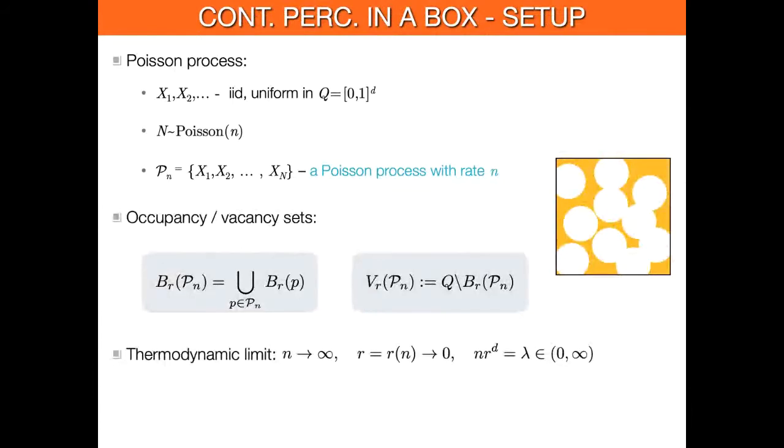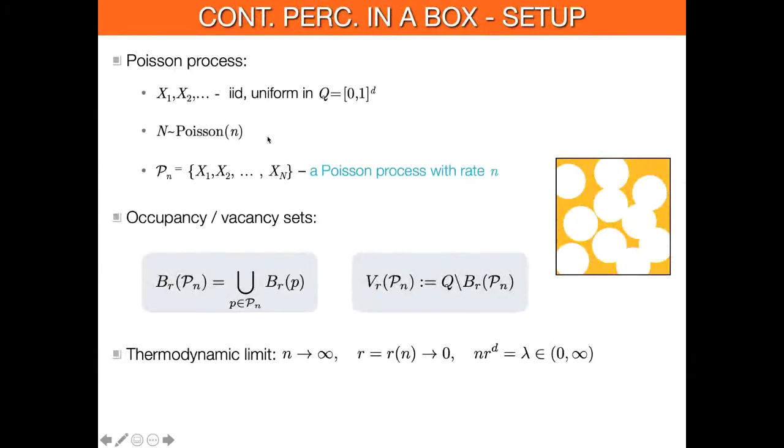Now, for this model, the percolation phenomenon appears in something which is called the thermodynamic limit, which basically tells you what the connection is. So here, as I said before, I'm going to keep the size of the box fixed, but the radius is going to get smaller. And it has to get smaller in a very specific way, so that N, the number of points, times the radius to the d